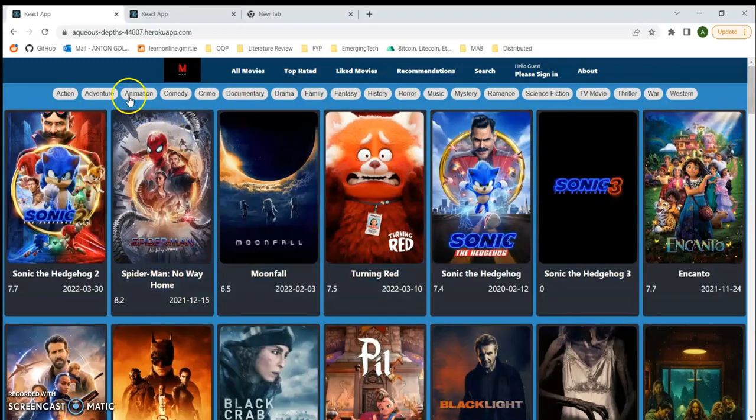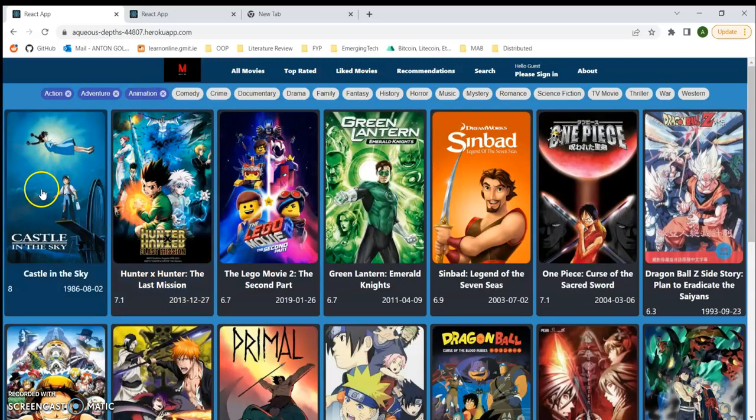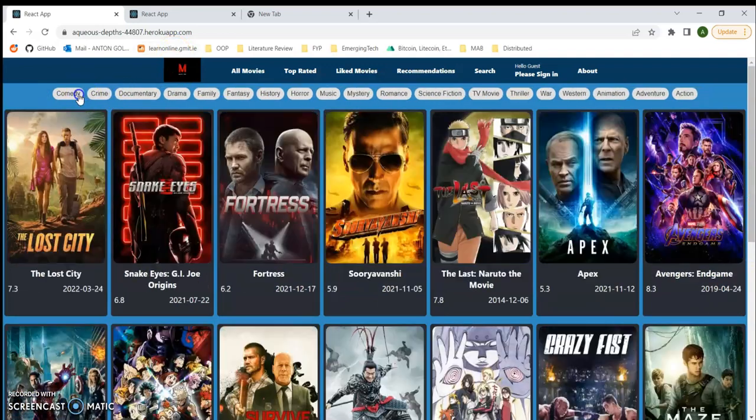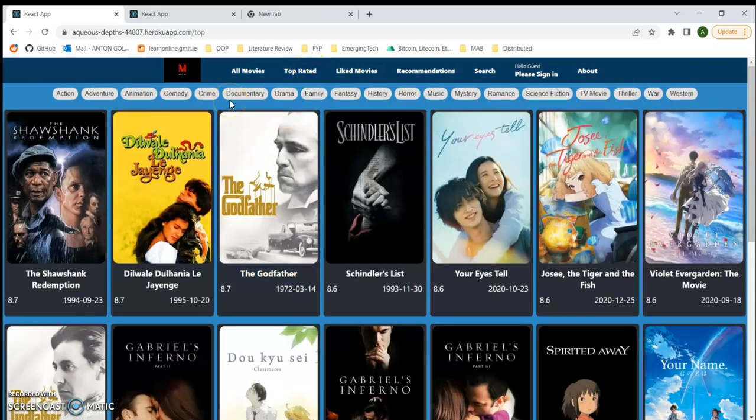The user is able to select genres for movies that they wish to see. So for example, if a user wants to see action, adventure, and animation movies, here are the movies that fit that criteria. The user is also able to see the top rated movies from the API,